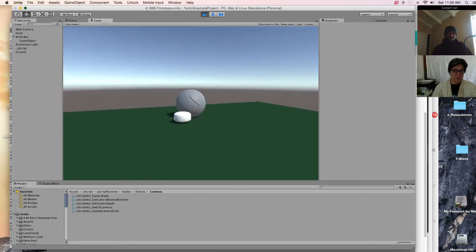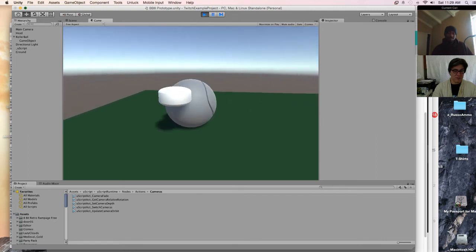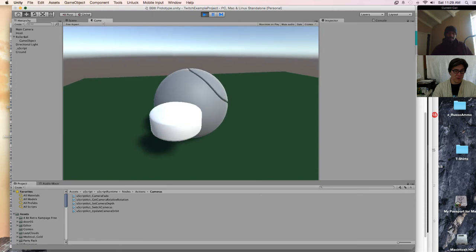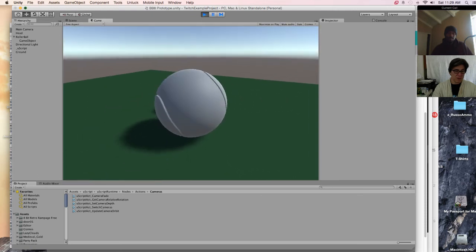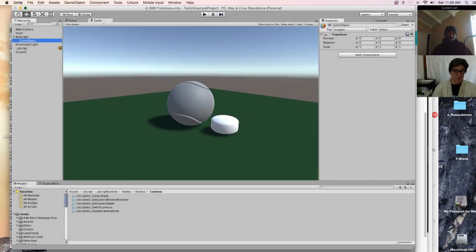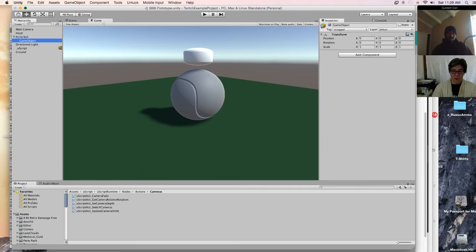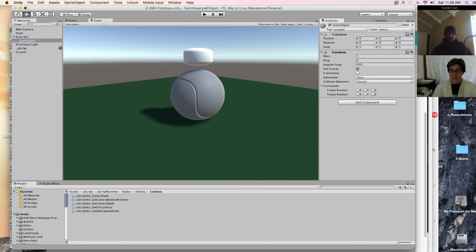So I actually pulled it off of the roller ball. And what I'm going to do is give this game object a rigid body. The reason being is I want it to... okay, let's make him not rotate. Let's see.